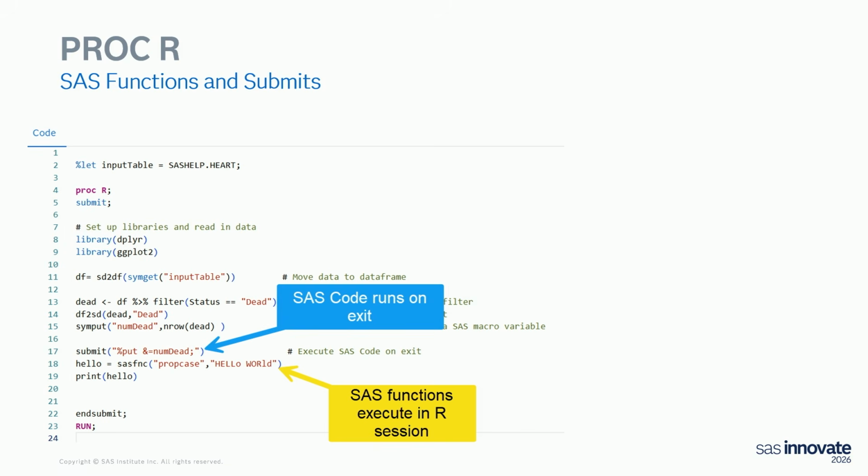But down here, I've done things like a filter. I grabbed the sashelp.heart data set and said, let's just filter it, get all the dead people, right? And I said, let's make a new SAS data set with the dead people in there. And then let's do a count. So I'm actually running an R function here, the nrow of dead. That's an R function. I'm putting it inside the symput and saying, take the value of the count of the rows, stick it in the num dead macro variable, and then down here on line 17, I'm telling it to run this SAS code at the end of the thing.